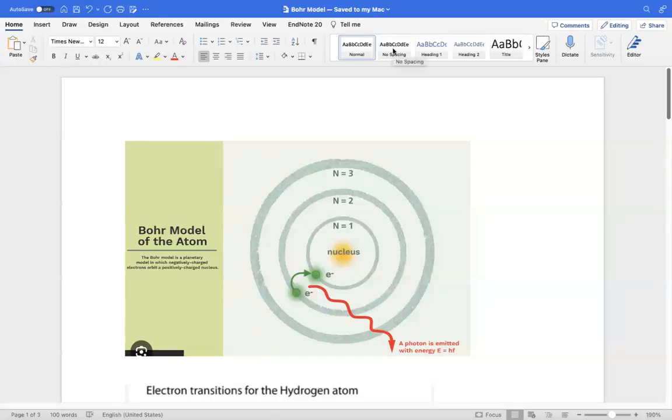Hello everyone, it's Natalie, and in this video I'm going to go over the Bohr model and how it can often come up in a general chemistry course. So the Bohr model is a depiction of an atom with the nucleus in the center and electron orbits going